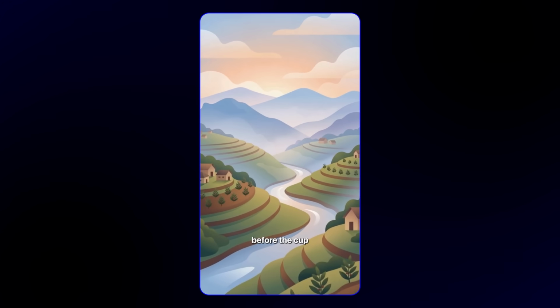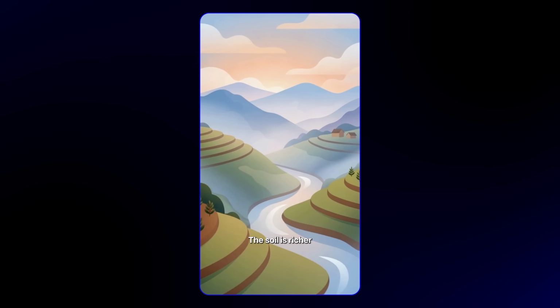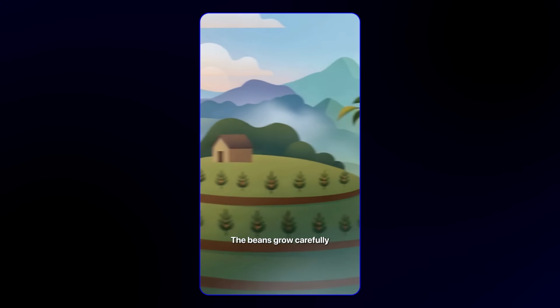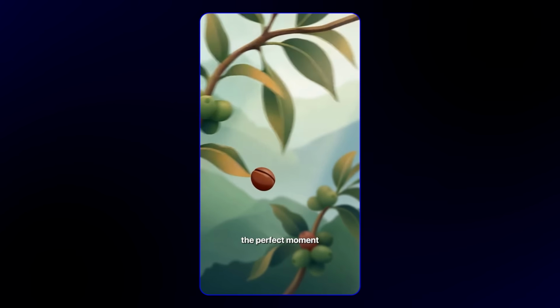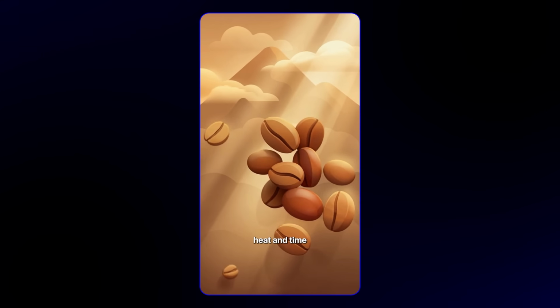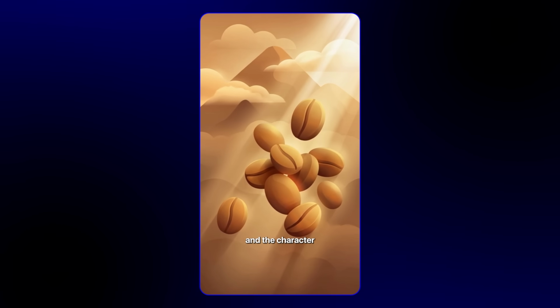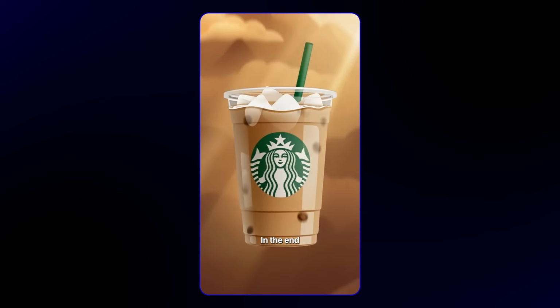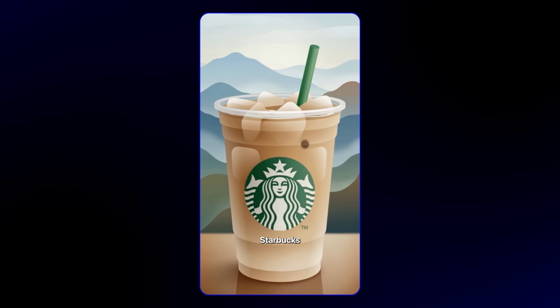It starts long before the cup. High in the mountains where the air is cooler, the soil is richer, and the pace is slower. The beans grow carefully, shaped by their environment. then picked at just the perfect moment, down to the seconds. From there, it's all about the roast. Heat and time working together, bringing out the depth, balance, and the character that makes each cup what it is. In the end, it's never just coffee. It's the result of everything that came before it. Starbucks, make your moment. Depending on how good your script is, I think you can make some pretty decent ads